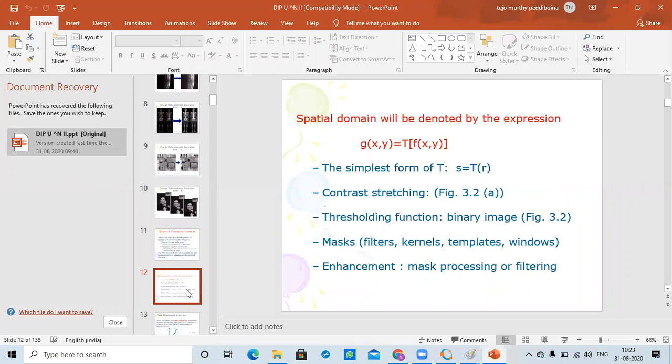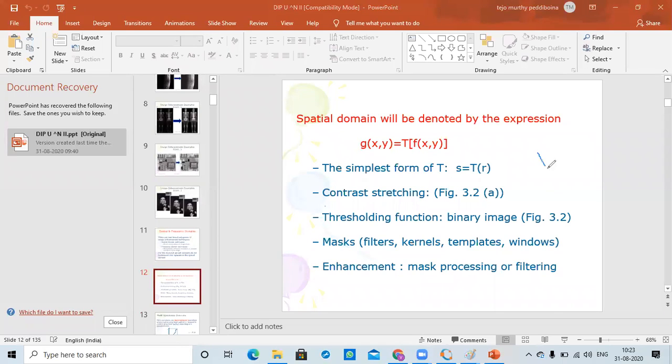And the spatial domain will be denoted by an expression g of x,y is equal to some transformation of f of x,y. That means, let us take one simple example: s is equal to T of r.